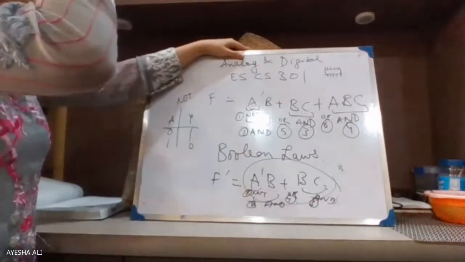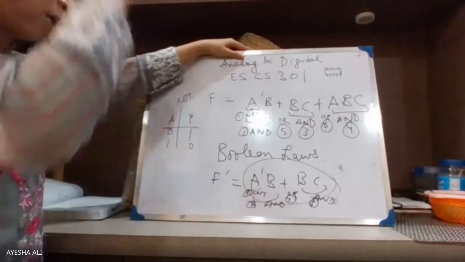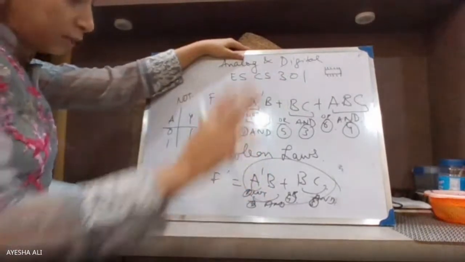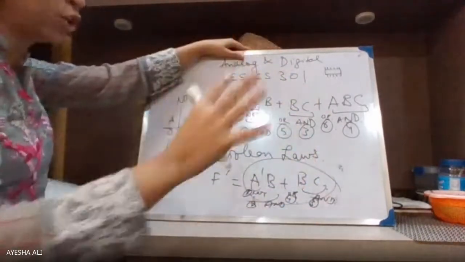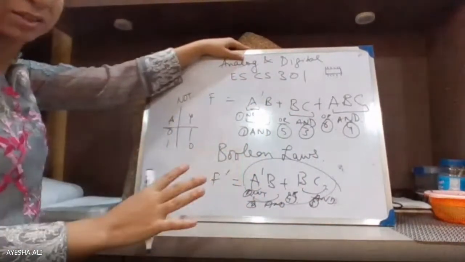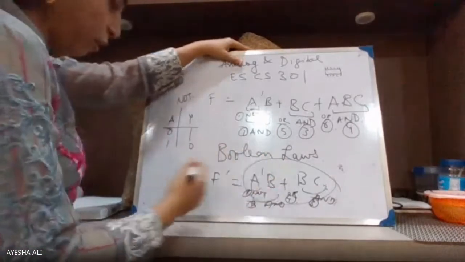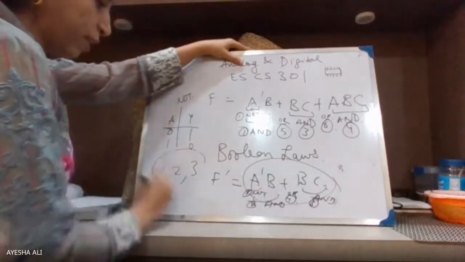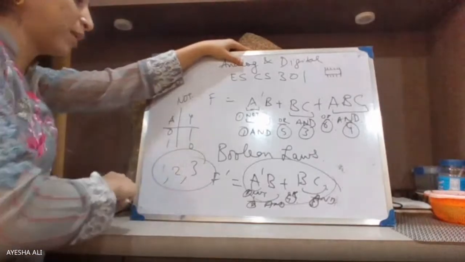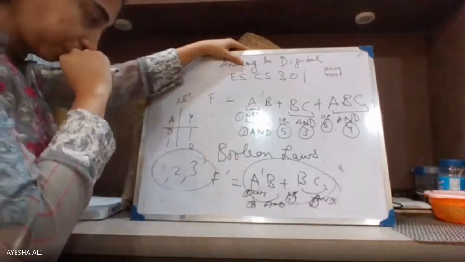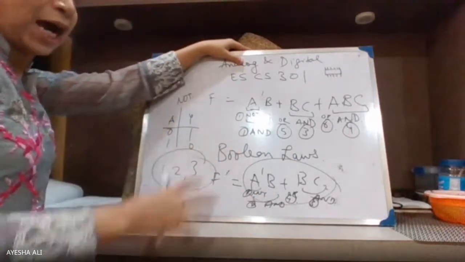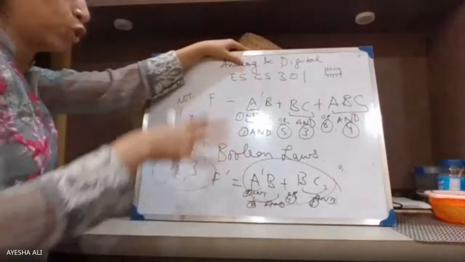All right. So now, not everything is very good about Boolean laws. The biggest drawback of Boolean laws is that they can only be used on a limited number of variables. If I have 1, 2 or 3 variables, only then I can use Boolean laws. Suppose the number of variables escalates to 4, 5 or 6, in that scenario I will use some other technique to minimize my function.